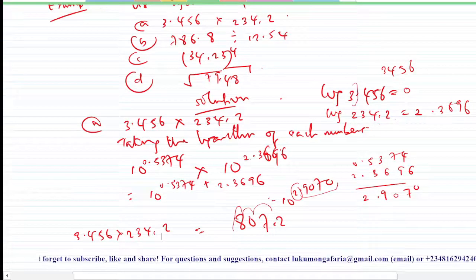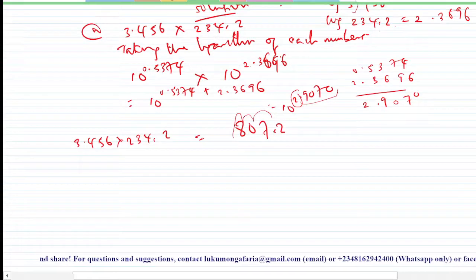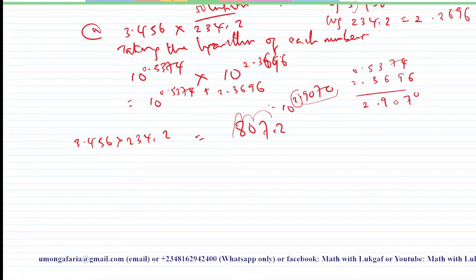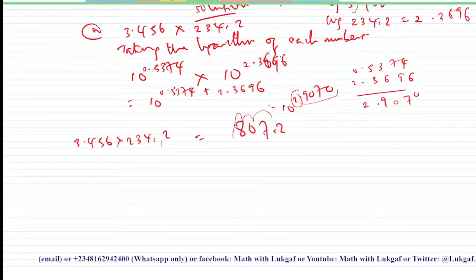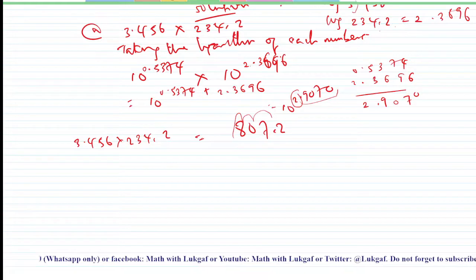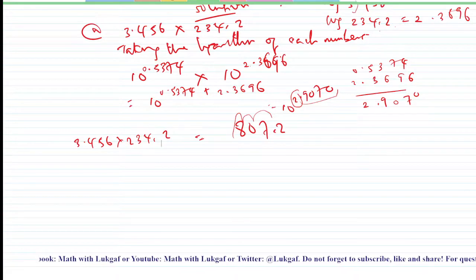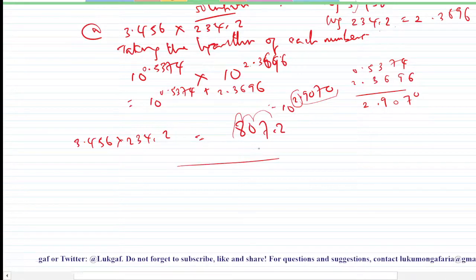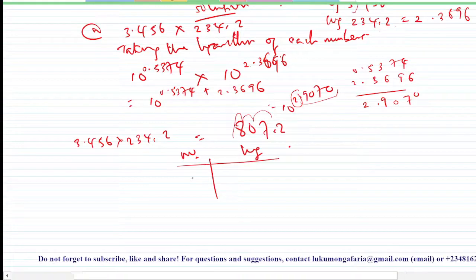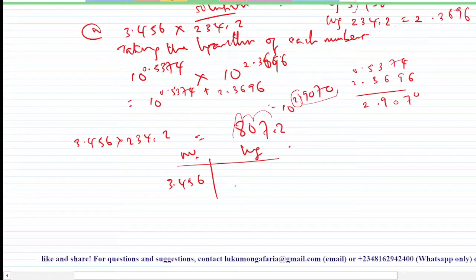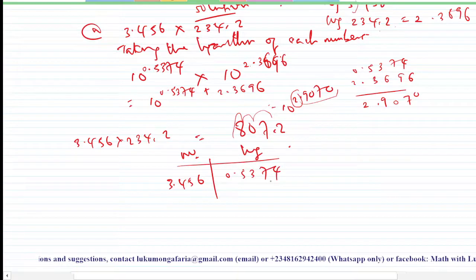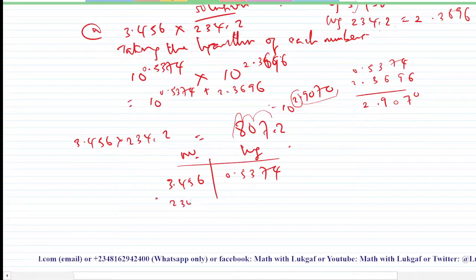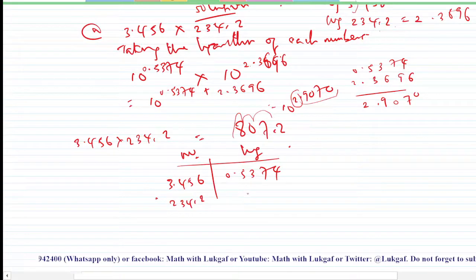So if that is clear, what we can deduce here is that when you are finding the product of two or more numbers using logarithm, you are going to find the logarithm of each of them. Then you add them together. So for example, we know that for 3.456 the logarithm is 0.5374. You understand now? Then the logarithm of the second number, 234.2, is